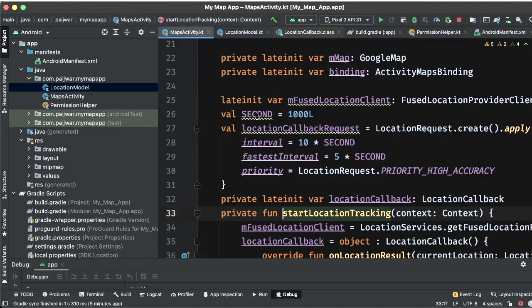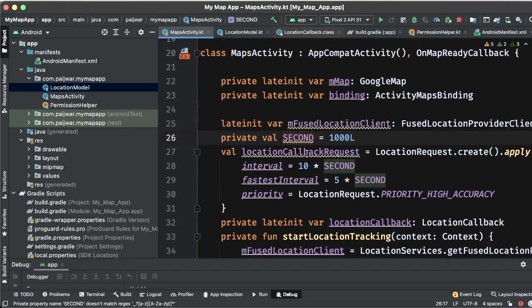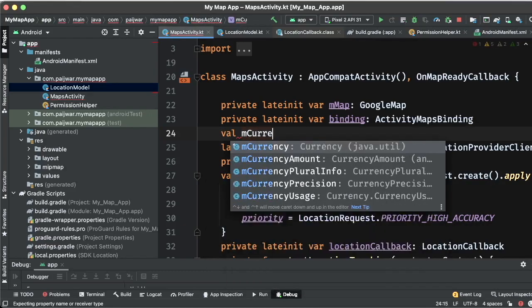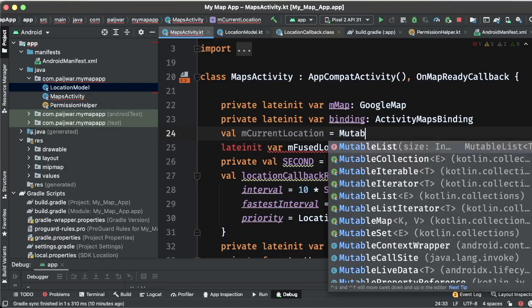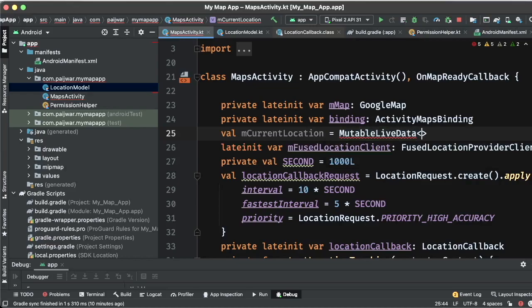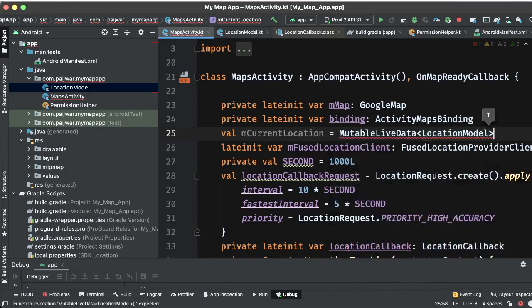How will I keep track of the location, because I cannot go multiple times into this, so I will create a LiveData here. I have a current location, because it will keep on changing. I will use MutableLiveData of LocationModel like this.